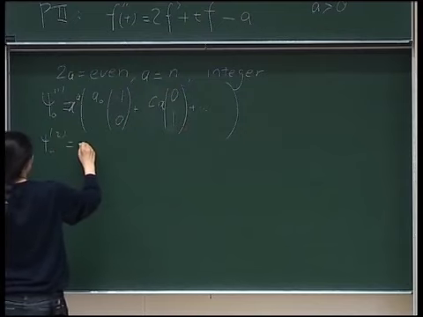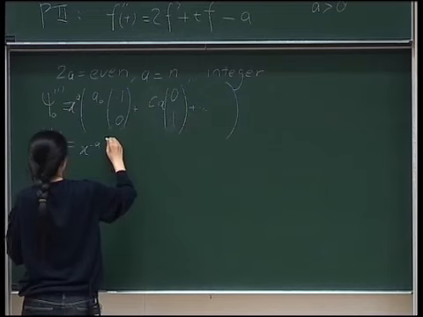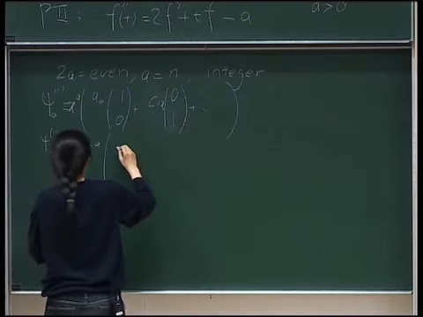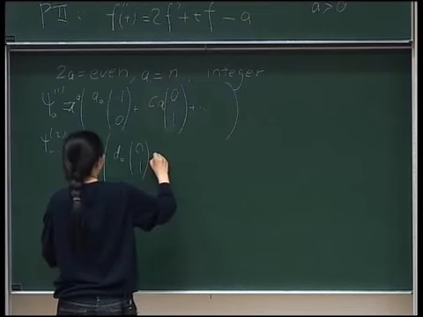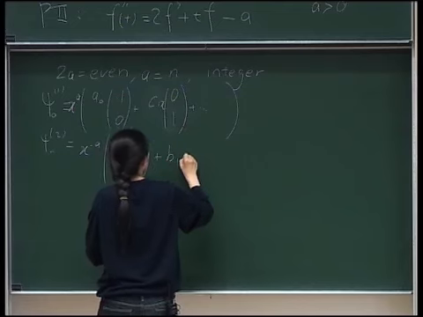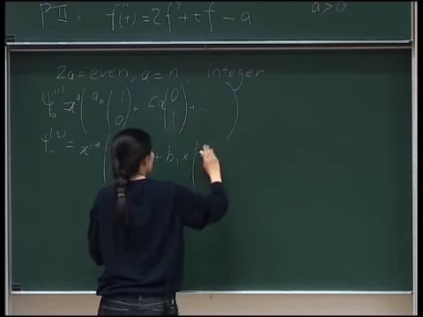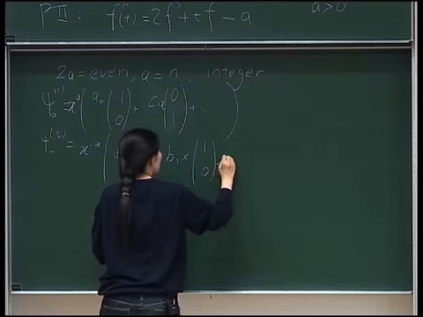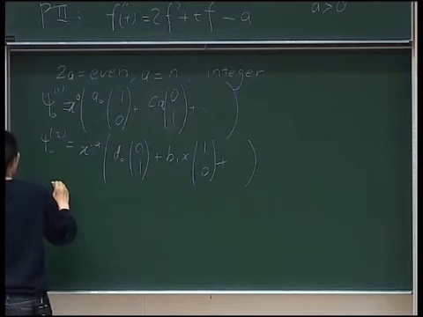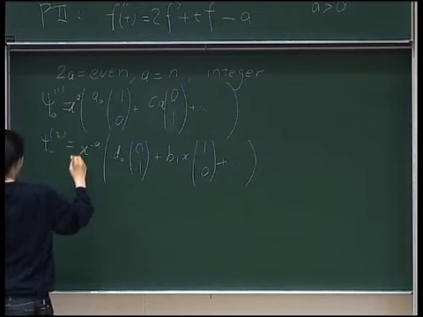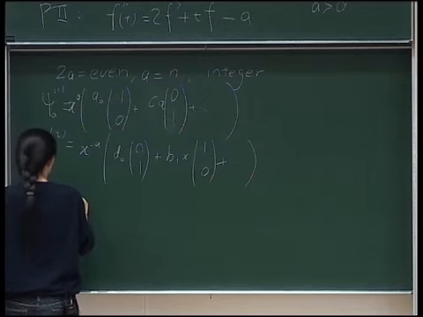So the two linearly independent solutions around 0 are these. And the expansion at infinity looks